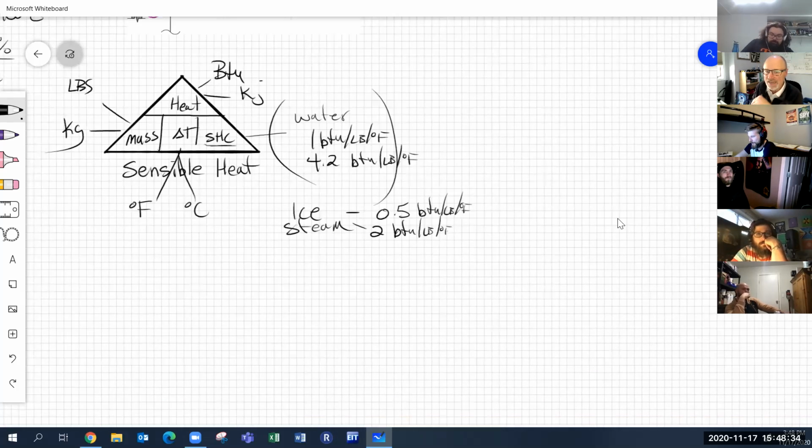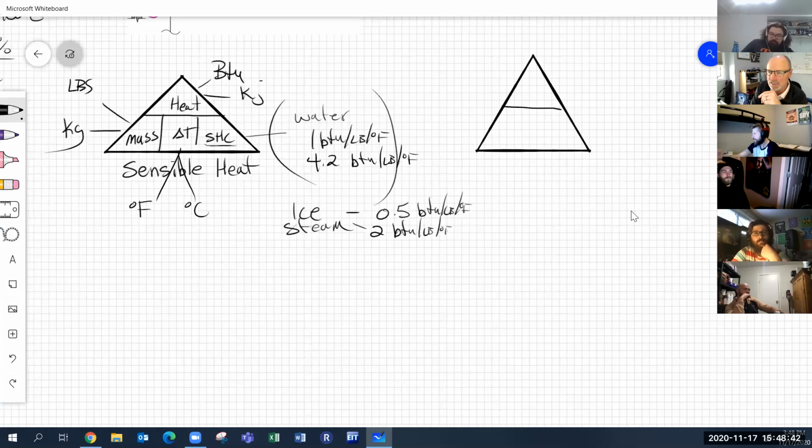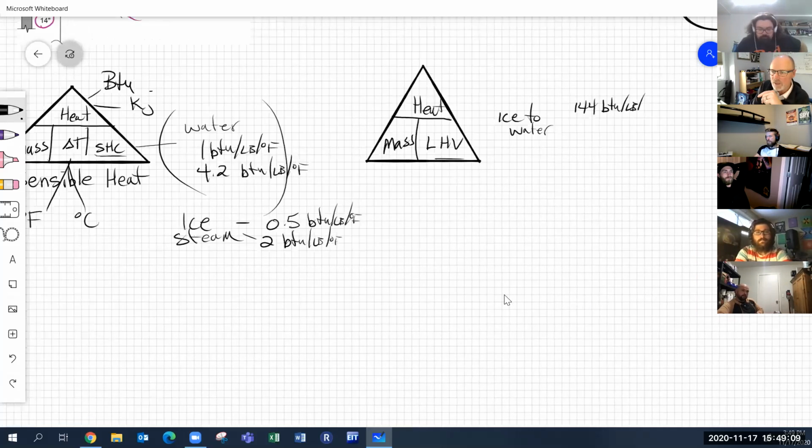Now, latent heat is a little bit different. It is the amount of heat required to change the state of something, and the heat is equal to the mass times the latent heat value. So this is a multiplier. If we're going from ice to water, that's latent heat of fusion, solidification. That's 144 BTUs per pound, right? That's ice to water. And then from water to steam,